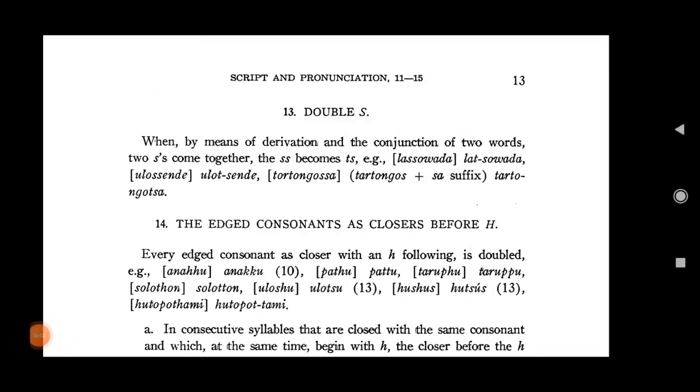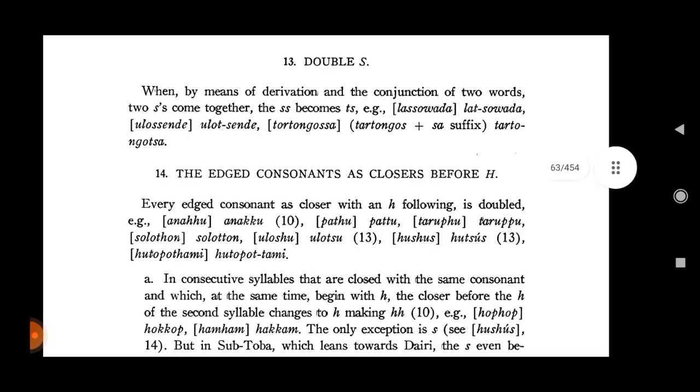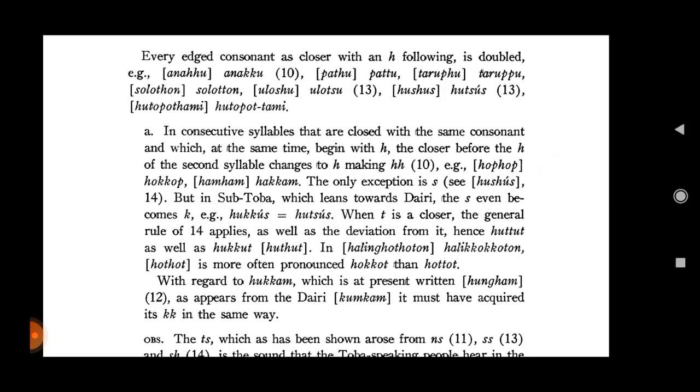WS. When, by means of derivation and the conjunction of two words, two S come together, the S become TS, e.g. ulot sende, tortongosa, tartongosa suffix, tartongosa. The H consonants as closer before ha. Every H consonant as closer with a following ha is doubled, e.g. anahu, pathu, tarupu, soloton, ulotsu, hutsus,